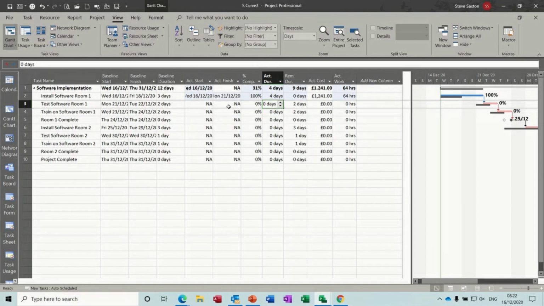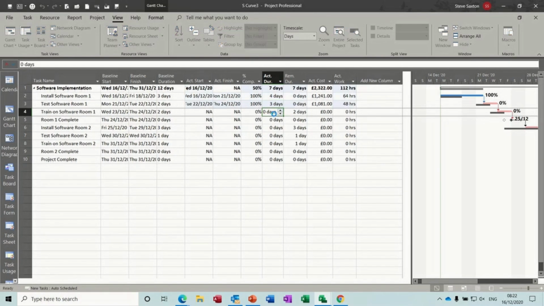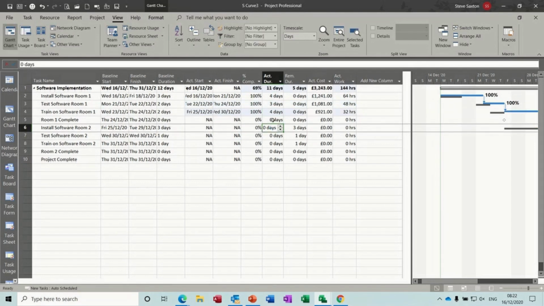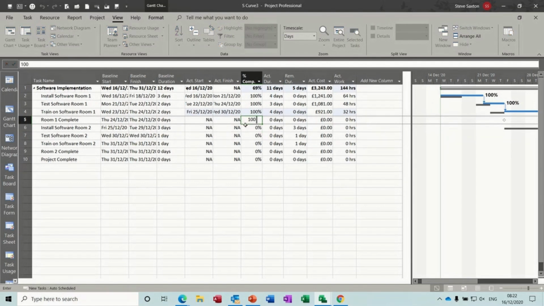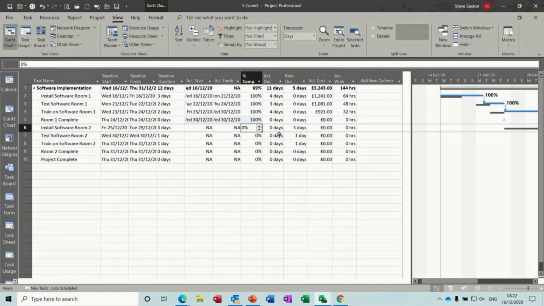And then if I say this one was meant to be 2 days, let's say this was 3 days, and then you can see it's moving off the baseline marker there, and the actual cost is being shown in that column there. Now train, let's say that was meant to be 2 days, let's say that was 4 days, and now this one is a milestone, so this one is no time, so you can just go 100% like so. And now onto the install room 2, it's meant to be 3 days, so let's say it was 4 days,